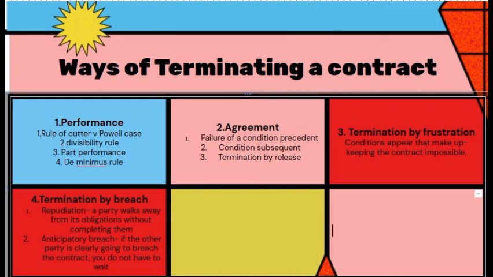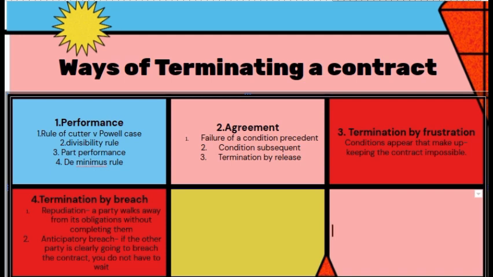One of these exceptions is the divisibility rule, and this simply states that if a promise can be neatly divided, then a person is paid for those bits that they did successfully. Secondly, we have what we call the de minimis rule, also known as the doctrine of substantial performance. This de minimis rule states that if an obligation has been substantially performed, some trifling failing cannot justify refusal